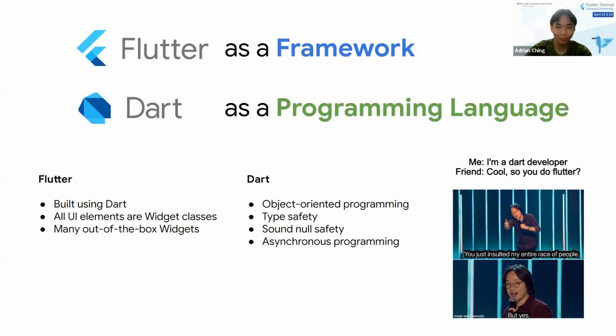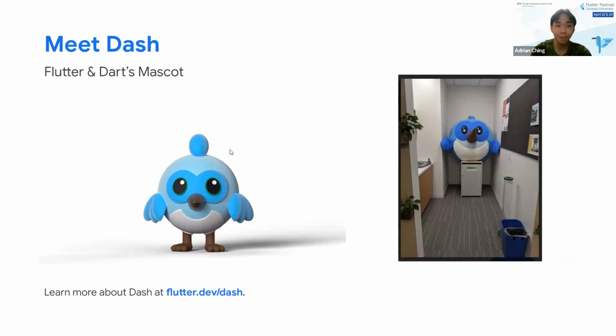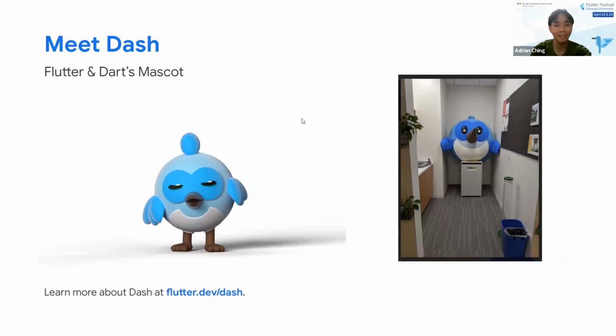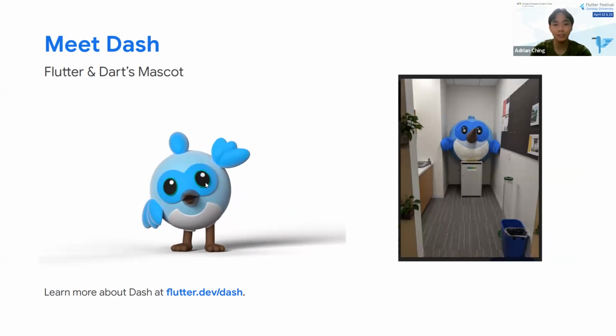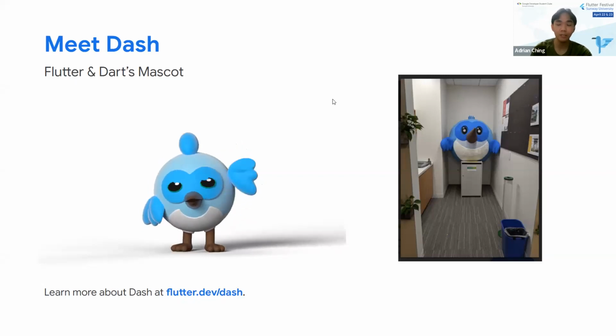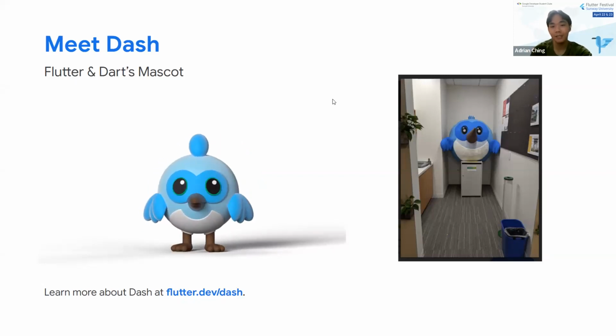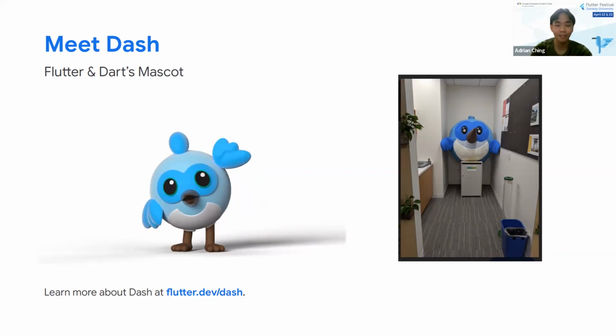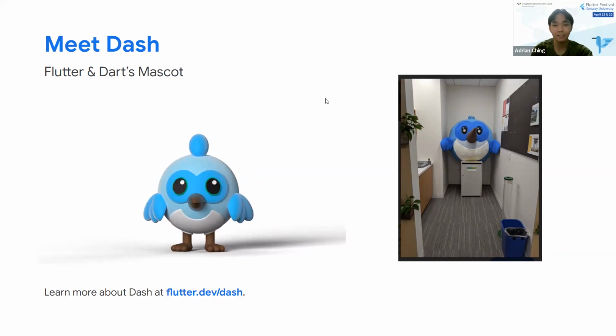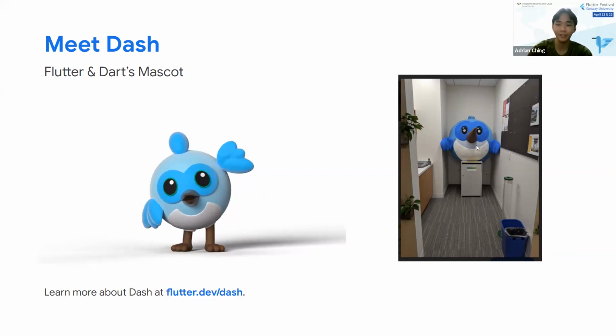And Google knows this. That's why they have the same mascot for Flutter and Dart, and it's called Dash. Dash is a hummingbird, and you may be wondering, why Dash? Why hummingbird? That's because Google thinks that it represents speed. I don't think Google is wrong by any means, because Flutter and Dart are kind of fast. On the right you can see this big giant Dash plushie just chilling at the corner in Google's office. I think it's pretty cute.